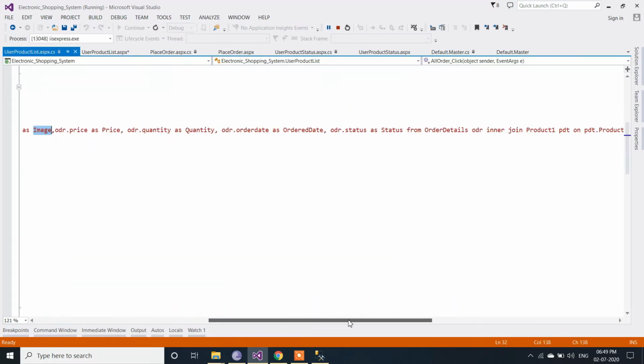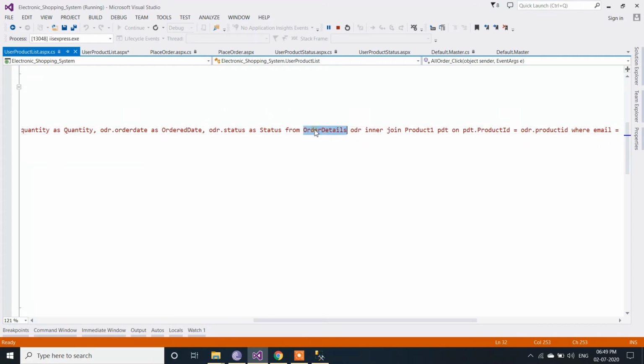After that, it will take the status from the order status table, and the first table ends here. For joining the two tables, we have used the inner join, and the second table name is the product one table. After using ON, we have to provide the condition based on which both tables are going to be joined.